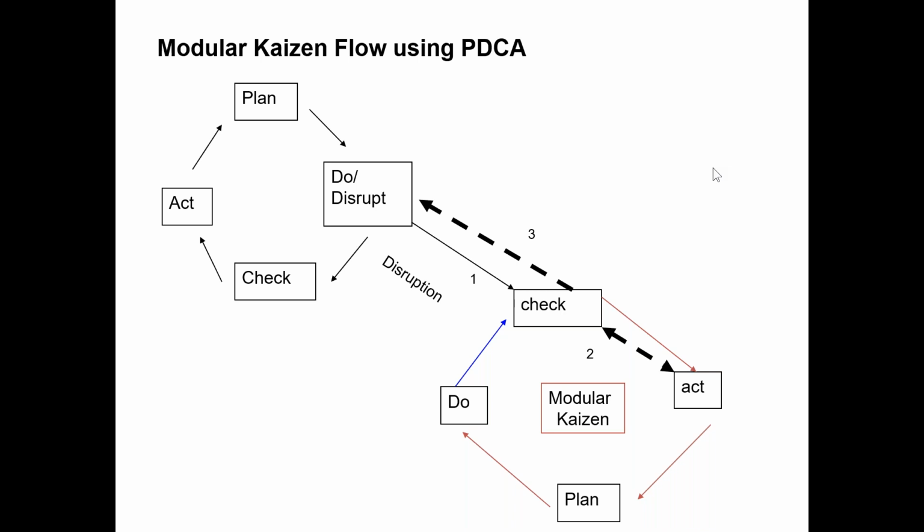Now that disruption, and you and I know that, we do a double take, we go, "say what, that doesn't feel quite right." At that point, you zip out of the upper left-hand cycle of the plan, do, check, act cycle and follow that disruption. That line number 1 on the first arrow puts us down to a double check. That's the double check of our head just kind of whipping back saying, say what?